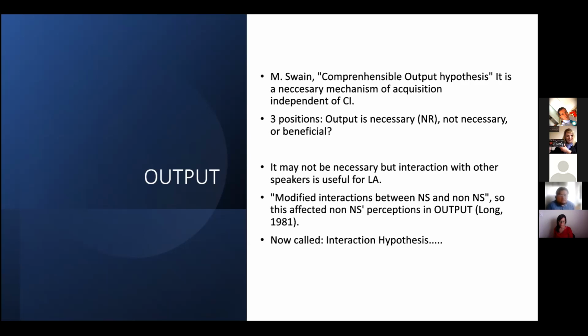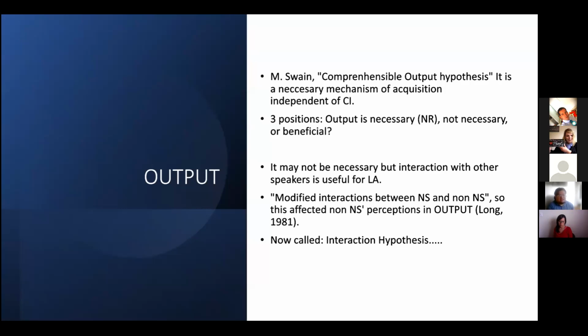So we're going to leave the first one, forget it. We're going to focus on if it's not necessary or if it's beneficial, okay? Now, based on the last two, we may say that it may not be necessary, but interaction with other speakers is useful, okay? Now, what's important? In order to go from output not being necessary to being beneficial, we need to remember that it is not the same when you communicate with native speakers or non-native speakers, okay? So in this case, this part is crucial. Modified interactions between native speakers